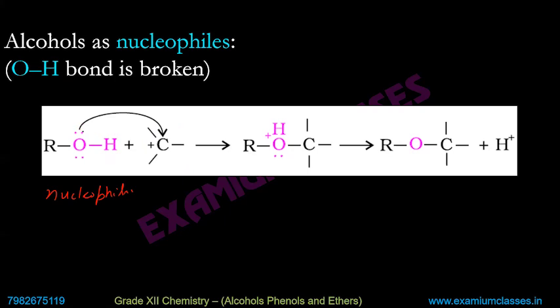Arrows are always from negative to positive, opposite of dipole moment. So this oxygen will attack on the carbon and will get attached. First is addition. Remember the reaction is not an addition reaction. Reaction is a replacement reaction, substitution reaction. But first this addition intermediate,